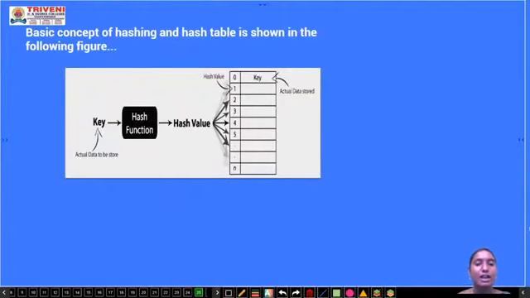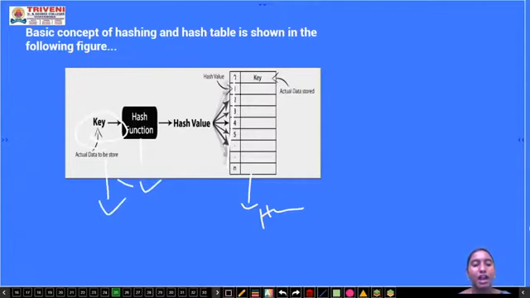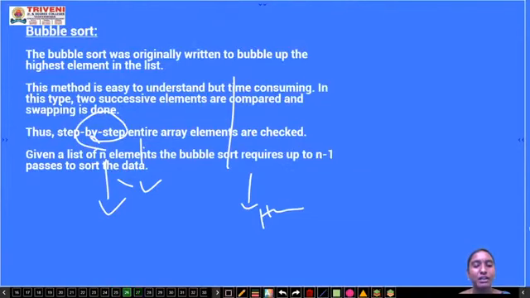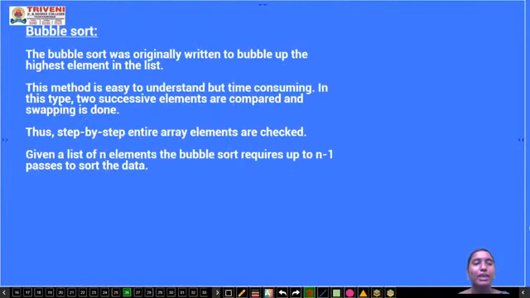And these are the hash values, and these are the hash tables, and this is the hash function and key. Wherever the actual data is stored, we can receive it through the hash function. And then next one we have to use the bubble sort. The bubble sort concept is that we sort by bubbling the highest element in the list. We can place the highest element at the starting of the list or at the bottom of the list,